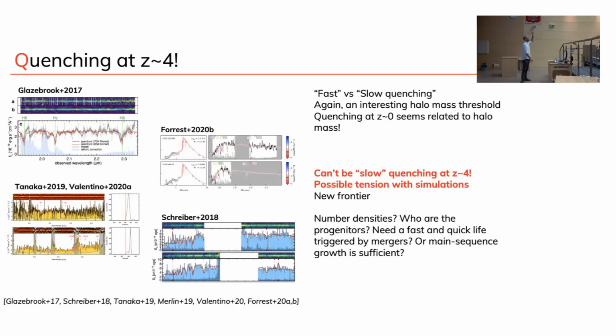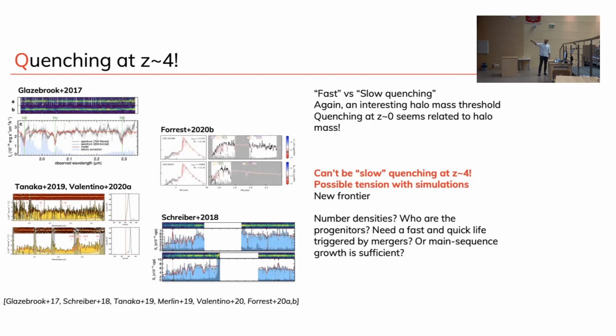And obviously, at redshift 4, the universe was only about 1.5 billion years old. So you cannot really have a slow quench. It has to be something complex. These things are massive, something like 10 to the 11. The point here is that we start finding so many of these that it's becoming uncomfortable for models and simulations. These things are massive. We have to figure out who the progenitors of these objects are, or whether we have enough of the progenitors with the right properties.